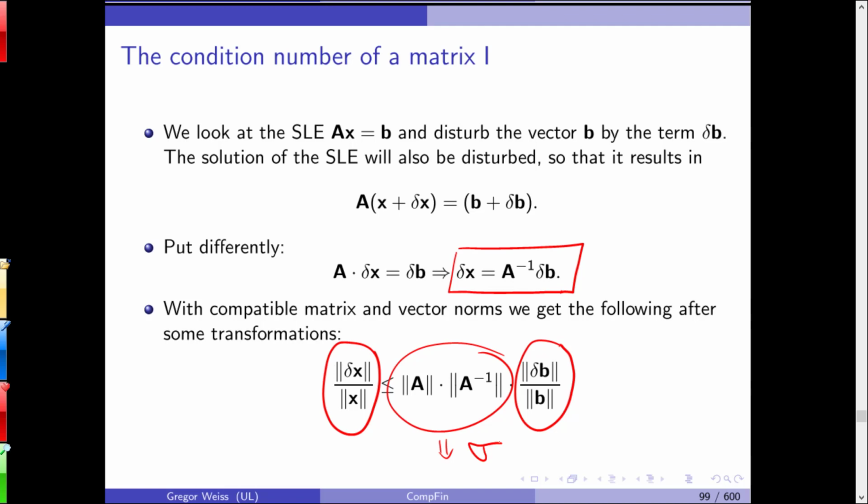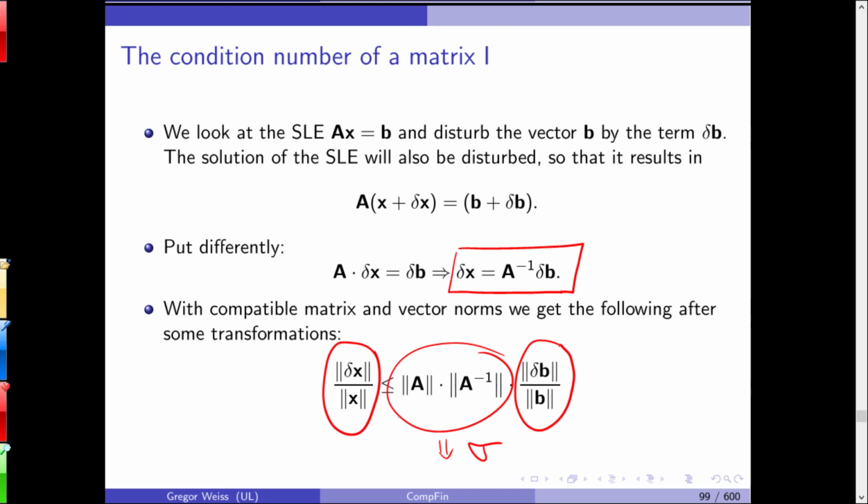So if we have a system of linear equations and we include an input data error, delta b, we will not get x, but we will get x plus delta x. And the condition of this problem is expressed in the norm of A times the norm of the inverse of A,